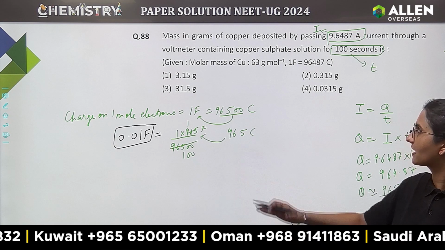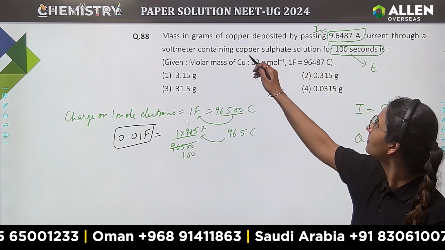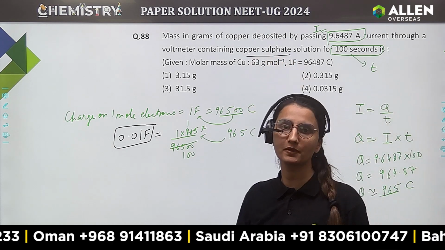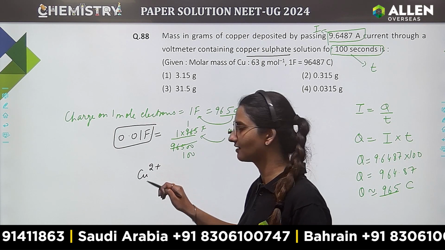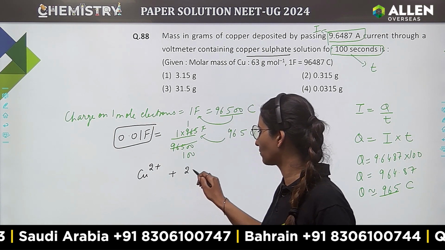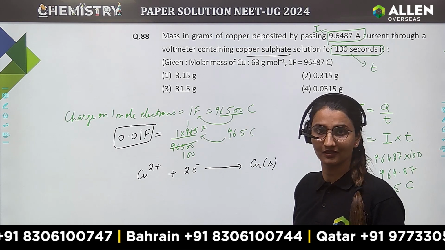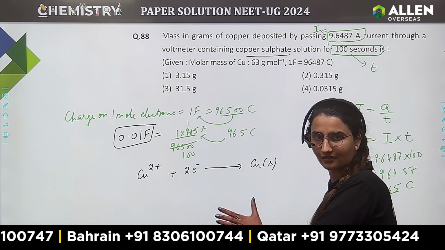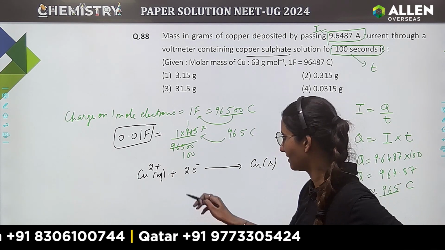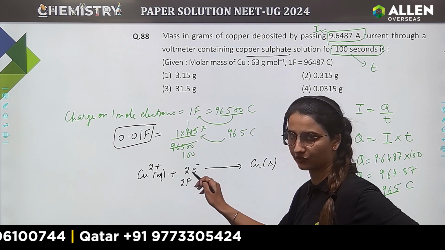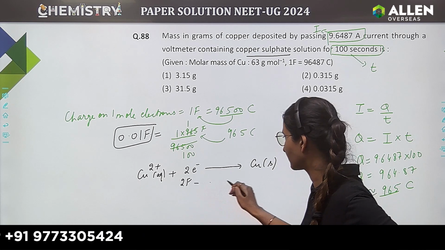Why I'm doing this? Because I'm going to write the equation. So students, you have to check how much copper will be deposited from copper sulfate. We know, in copper sulfate Cu is in +2 state. If it takes 2 electrons, it will deposit as copper solid. Now in this reaction, Cu2+ ion is aqueous. In this reaction, using stoichiometry, we can say that 2 mole electrons, means 2 Faraday charge of electrons, deposit 1